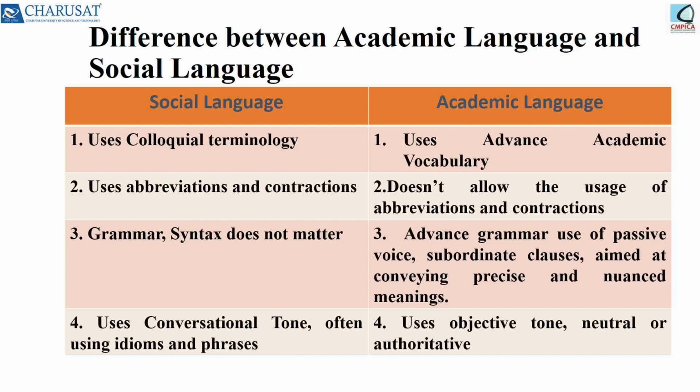The second one, we say that it uses abbreviations and contractions, right? Social language will use abbreviations such as ROFL, rolling on the floor laughing. That is called an abbreviation. You are using the capital of each word and you have abbreviated it. To be honest would be TBH. Now when we are chatting on WhatsApp or whatsoever, it is okay to use these abbreviations. You're just saving time, but at the same time,